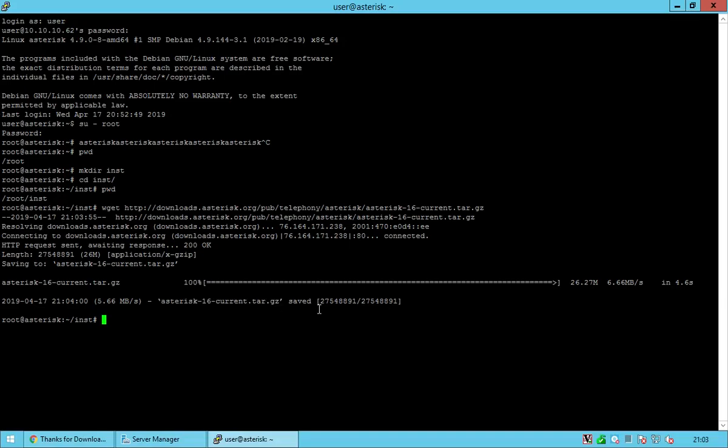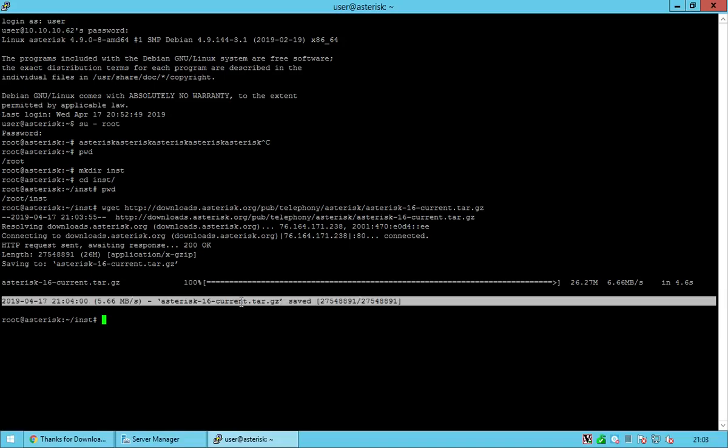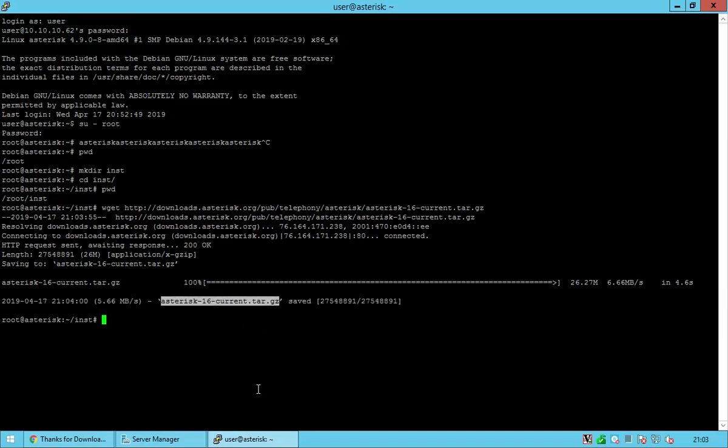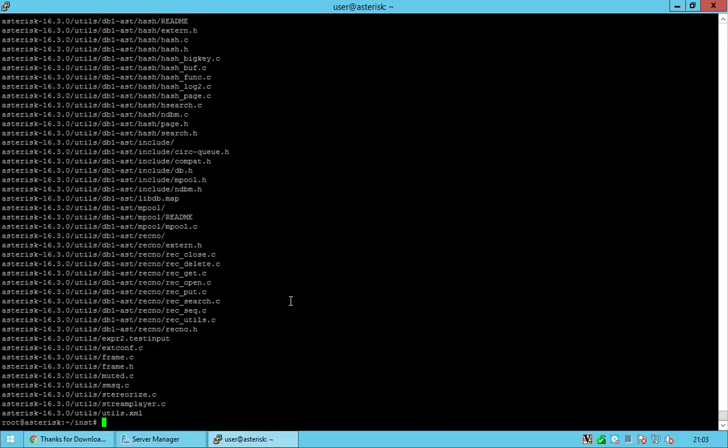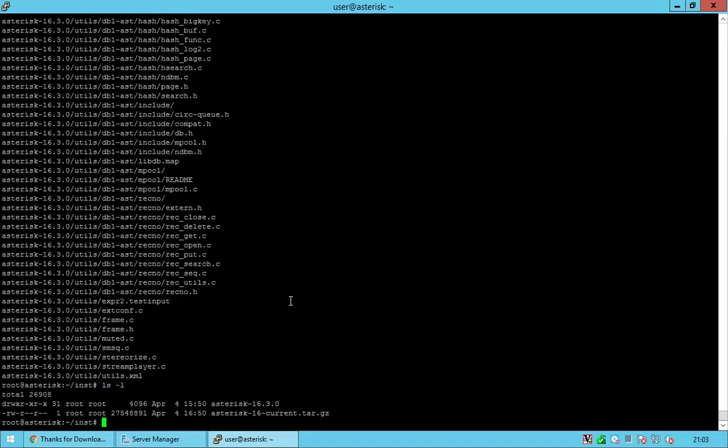We can now highlight that, so either click and drag over it or double click. And then we can do tar -zxvf, which is extracting a file again. And if I now do ls -l, we've got the zip file, and then we've got the extracted version of the zip file. So I'm now going to go into the extracted version of the zip file,